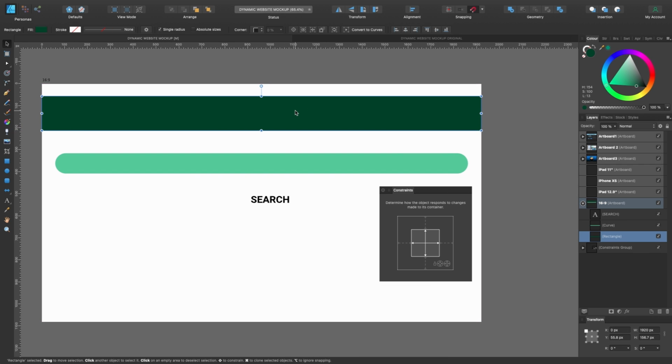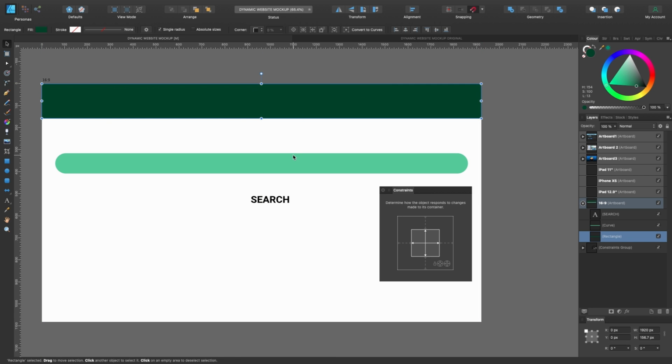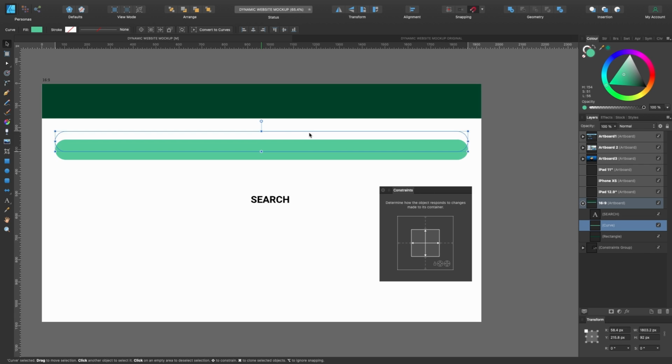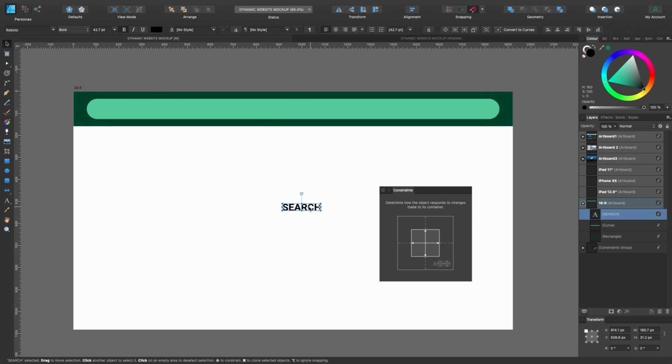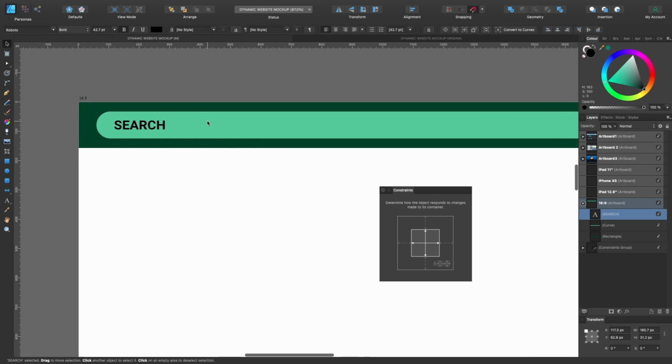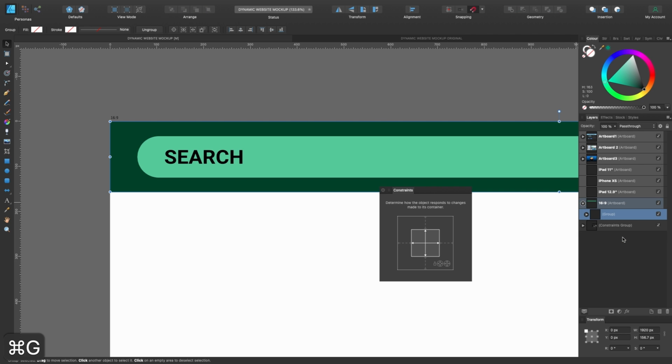So here I've got a strip. This will be our kind of background. So let's just drag that up to where we want it to be. And the next thing, this is our search bar. So I'll drag that up as well, kind of center it. And here's our search word. I'll drag that in to where I kind of want it to be on the left-hand side. Now that we have them all, let's select all of them. So hold down Shift, search is already selected. So let's select light green bar and let's select the dark green background. So they're all selected now. You can see in the layers panel, there they are. Let's press Command G to group them. And now they're all grouped.